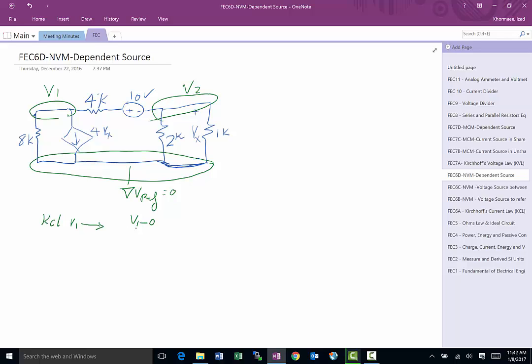Okay, so we're going to start with KCL at V1, and if we do that, we've got (V1 minus 0) divided by 8,000 plus the current. This current source tells us that the current is leaving, so that's positive 4Vx. If the arrow was the other way, we would have to put a minus there. Plus, now we've got to think about it. The voltage here is V2 plus 10, which means the voltage drop across here is V1 minus (V2 plus 10). So this is going to be (V1 minus V2 minus 10) divided by 4K,